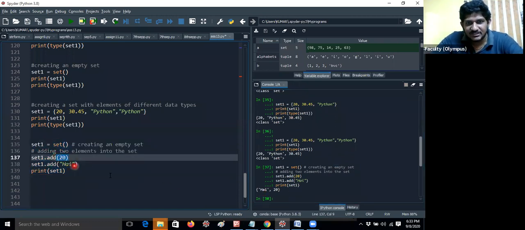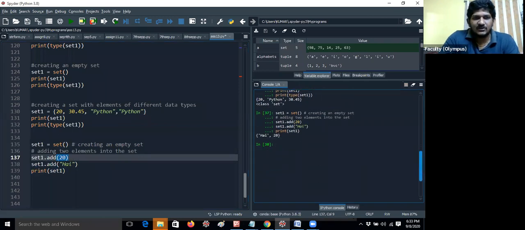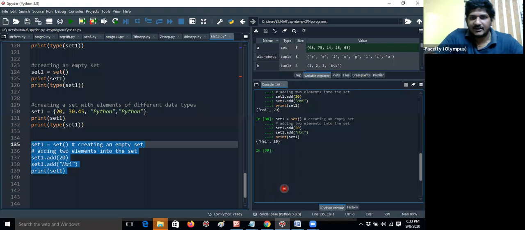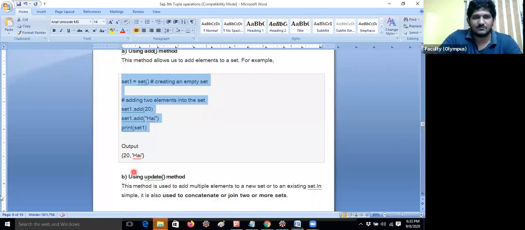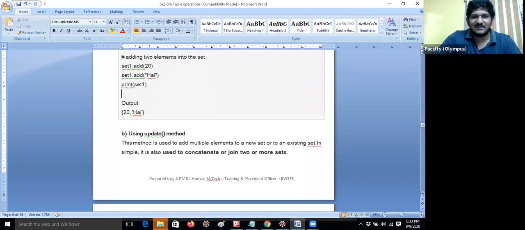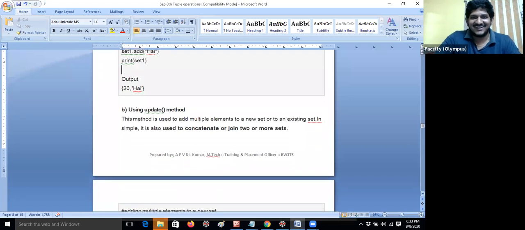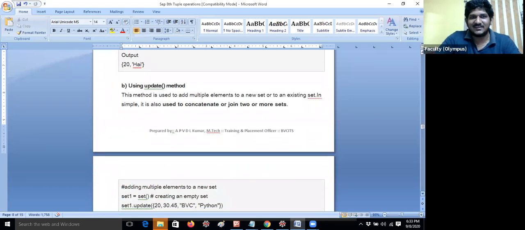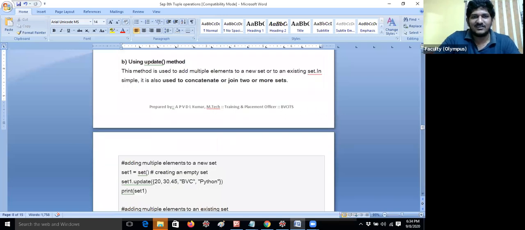Even though I added 20 first, it prints high first, because I cannot predict how it will be done, as the set's elements are unordered. It will be printed in any order. If I run the program again, it may give 20 high. I cannot predict this, because it is an unordered data type. You can execute it in Colab and you may get 20 high. That's not an issue. If the output is not in proper order, you can write any other order in examinations, because whether you write it right or wrong, you cannot predict it anyway.